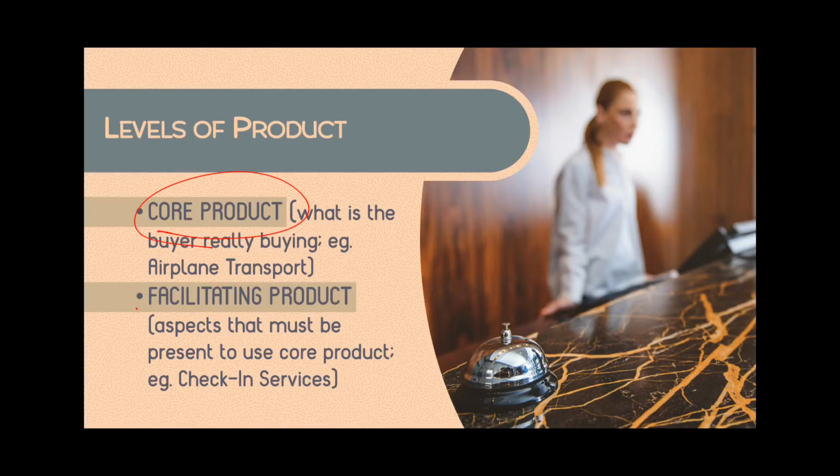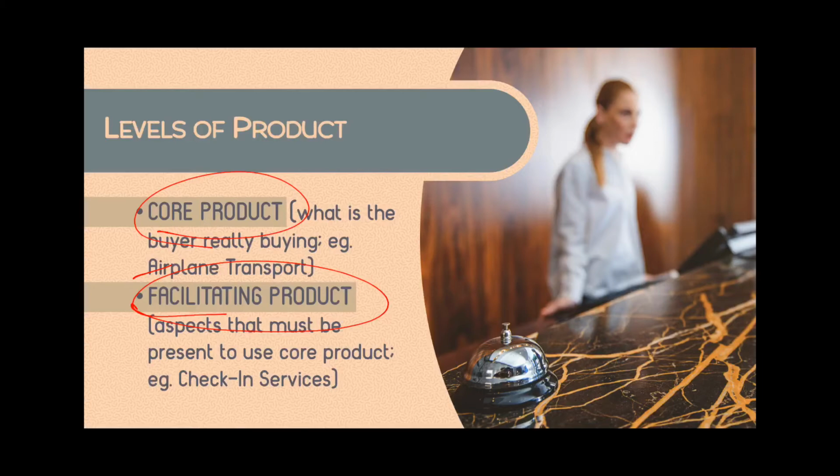The second level is the facilitating product, and these are the aspects that must be present in order to use the core product. For example, going to airplane transport, what are the services that are part of the airplane transport? So, when you buy a ticket, it comes with, of course, yung pag-travel mo, yun yung core product. But yung check-in, baggage, that's a facilitating product. The check-in services, that is the facilitating product. Cabin crew support, that is a facilitating product. So these are the products that you need in order for you to be able to